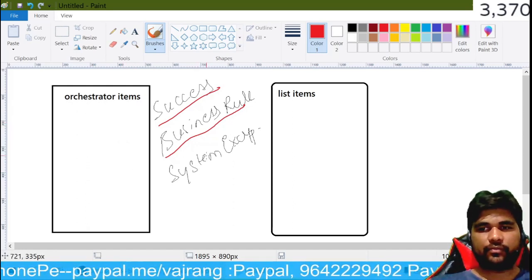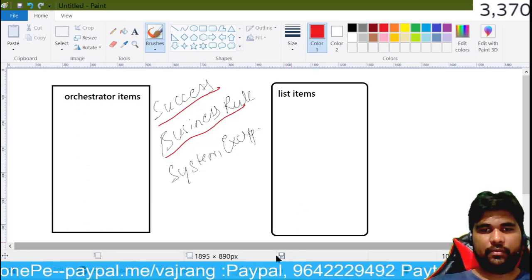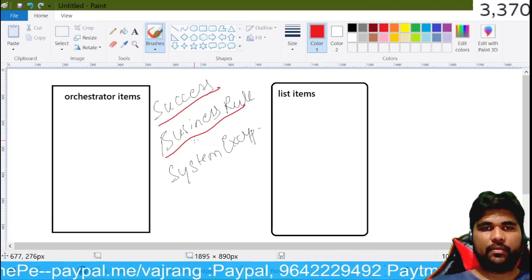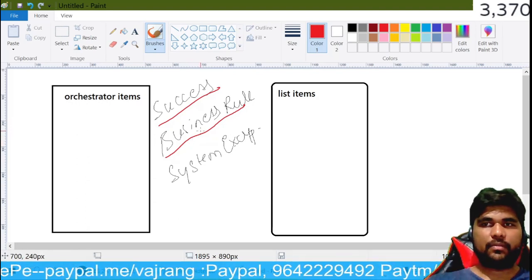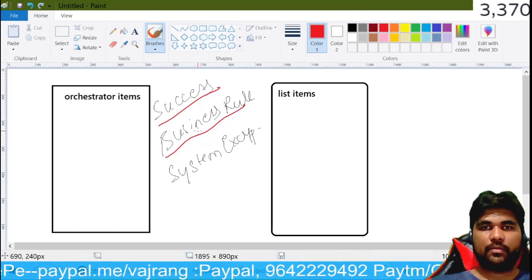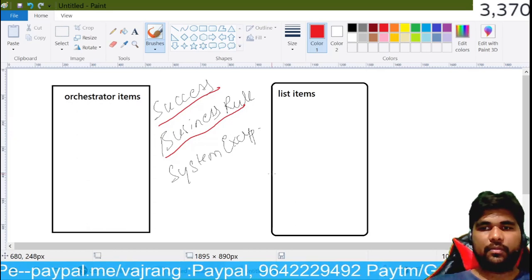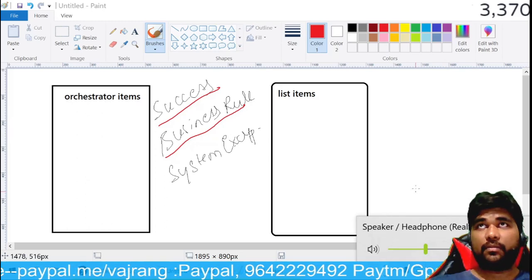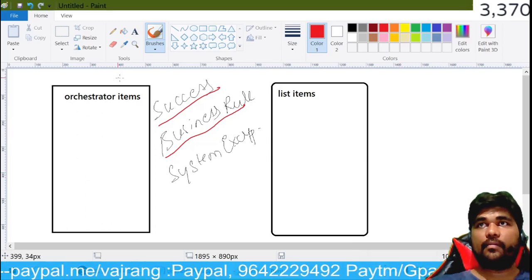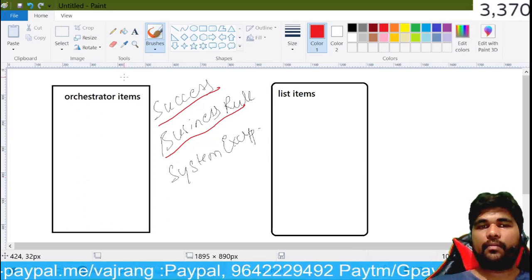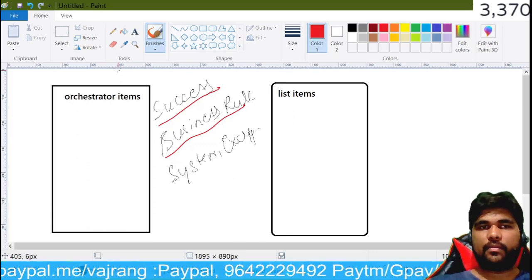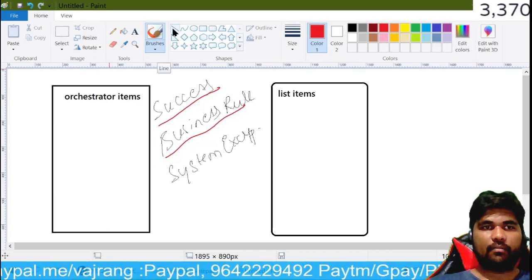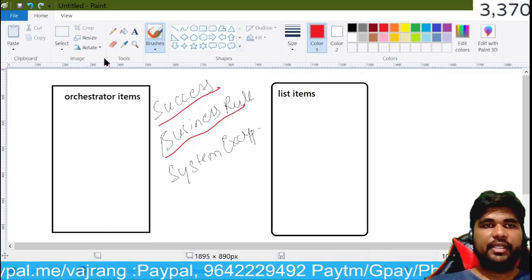And for business rule exception, I'm not sure why business exception, but for system exception, it's completely an application exception, I think. So if any error occurs in the application, it again enters into the application and does it again, I think. I'm not sure.